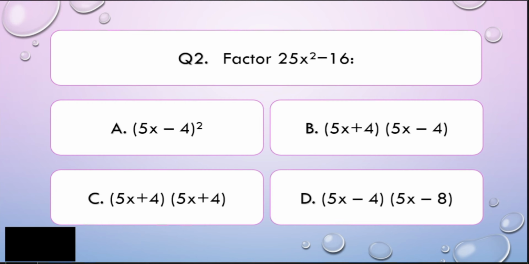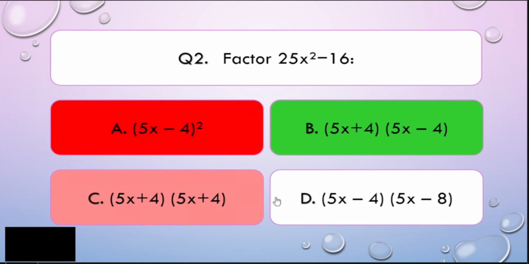Alright, my dear math learners, this question is a topic that was already discussed when you were still in grade 8. Why? Because this is an example of the difference of two squares. The 25x squared is a perfect square, and the 16 is also a perfect square. Now, how can you factor the difference of two squares? Basically, you have two quantities in which the root of each term will be the parts of those quantities, but there is a change in the middle sign. So the correct answer, my dear math learners, is letter B.